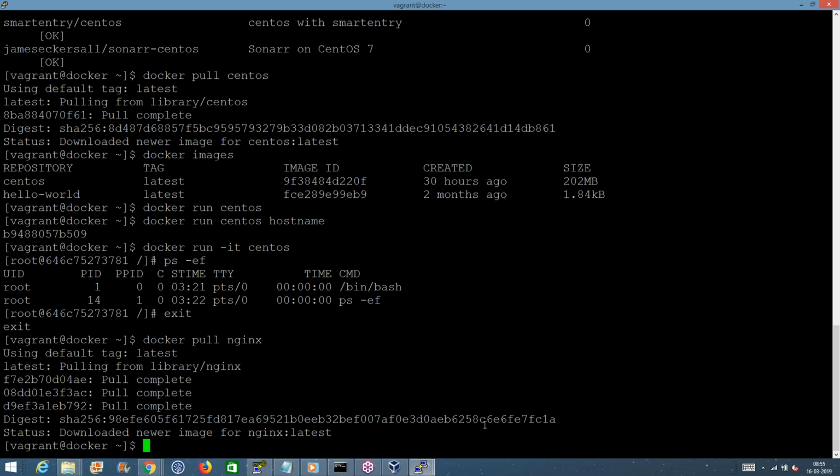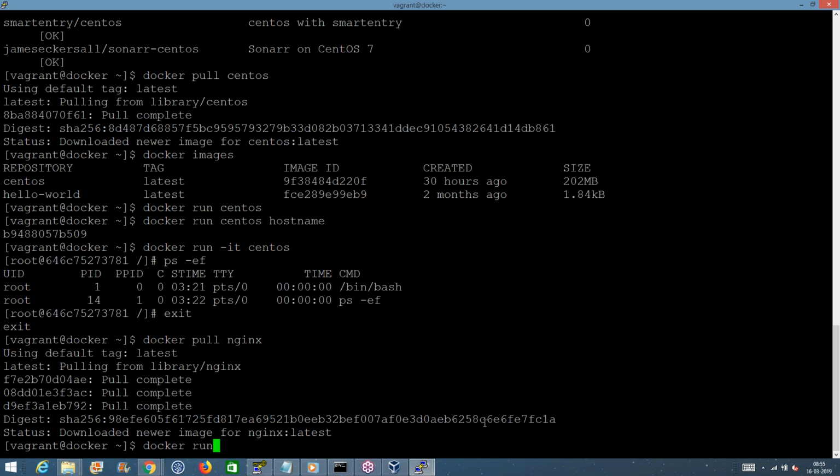Okay, at this point, we have seen how we can run the containers. Now we are going to see how we can run the containers in the backend so that they keep on running. So we are going to start the Nginx in the backend this time, so that whenever we run the docker ps command, we are going to see that the Nginx container keeps on running. Okay, so we can do docker run, and for running the container in the backend,